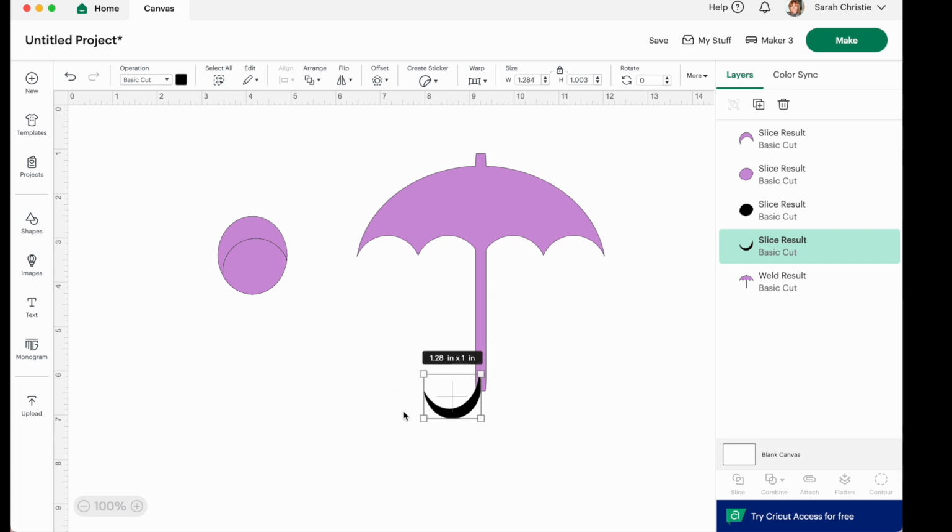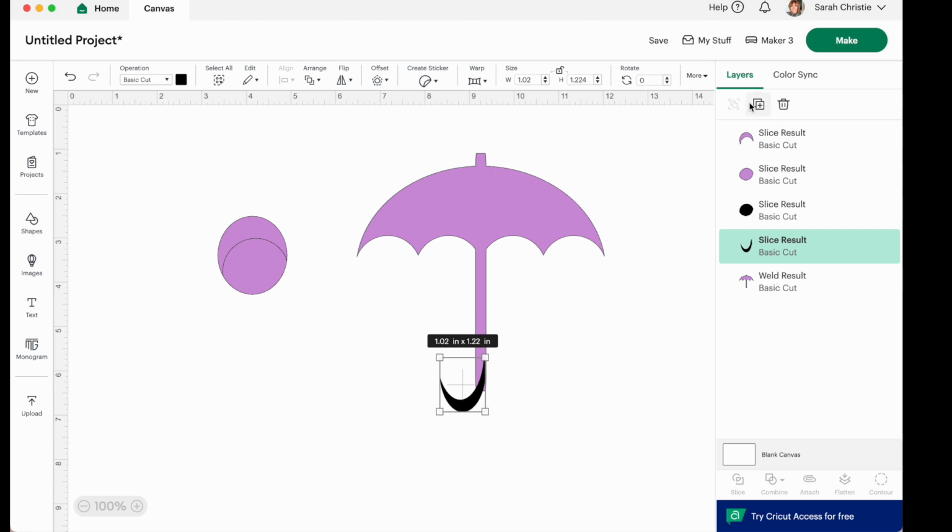Again, unlock. And unlocking enables you to warp images. So if you can warp them, then you can make them fit better. And what you want is this to overlap and you want it to be seamless. So when it cuts, you've no jagged edges or bits sticking out. So I'm going to position it all together, then I'm going to weld it. So just select the two layers